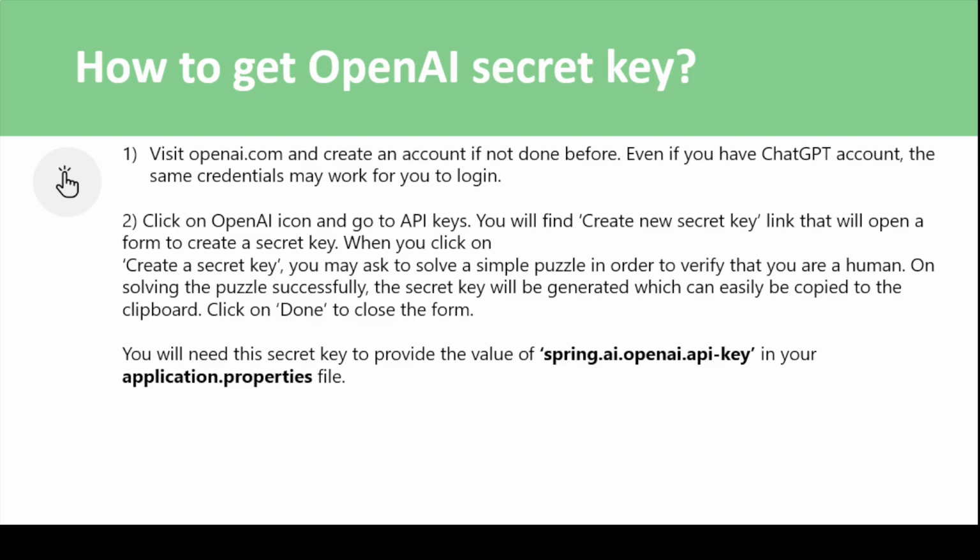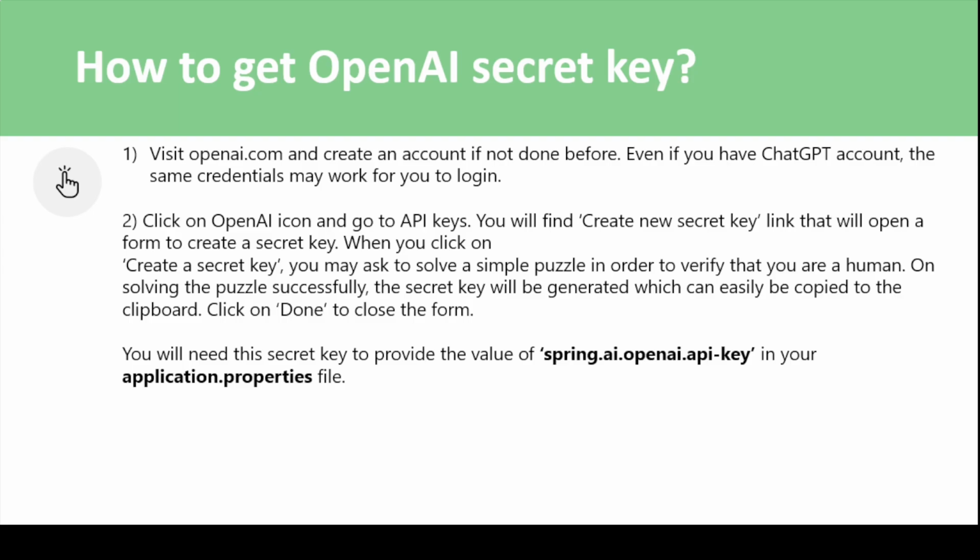So if you click on the create new secret key link, it will open a form where you have to create a secret key. Then you can just click on create secret key. You may be asked to solve a puzzle to verify that you are a human being. Once you solve that puzzle, the key will be generated, which we can copy from there and then paste into our application.properties